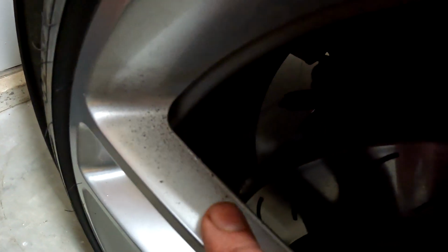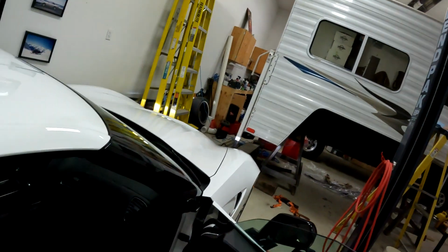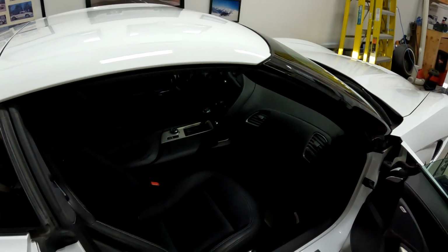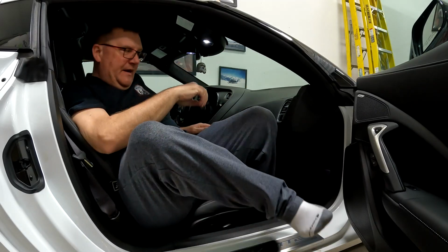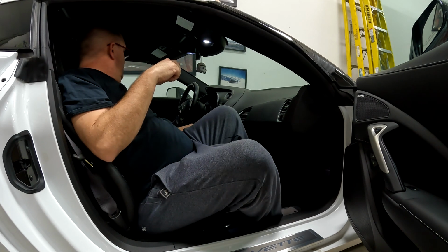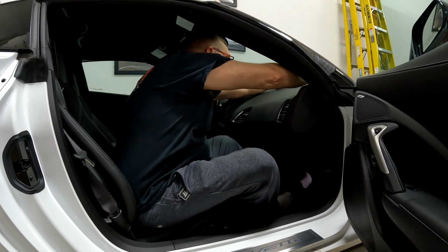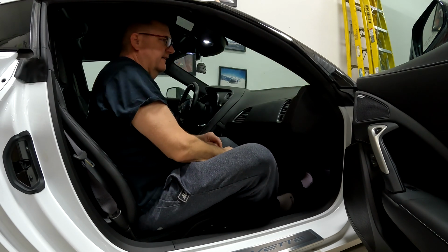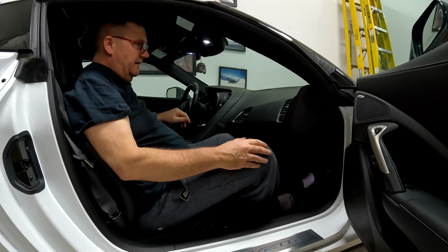And look at what it's done to my wheels. Yeah, a little rash there. But downside is, to start this one, I gotta get in from the passenger side. It's fine. I wonder if I can start it from the passenger side. I love this car. I really do. Oh yeah, it's a little dusty in here. I'll have to pull her out and give her a good detail, but...